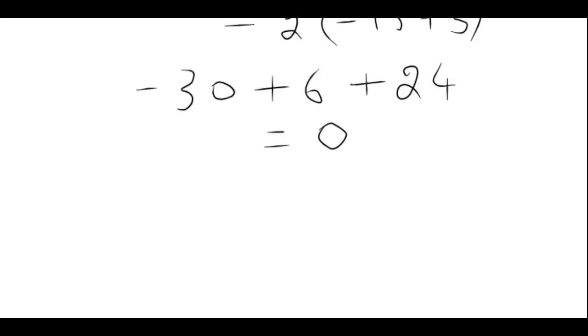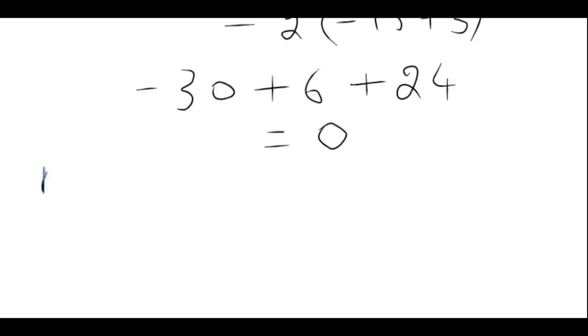The fourth property states that if each element of a row of a determinant is multiplied by a scalar k, then its value gets multiplied by the scalar k. And the fifth property states that if each element of a row of a determinant is expressed as the sum of two or more terms, then the determinant can be expressed as the sum of two or more determinants. Now, let us look into an example so that I can verify the fourth property. According to the fourth property, if I multiply by a scalar k, the whole determinant will also be multiplied by scalar k.